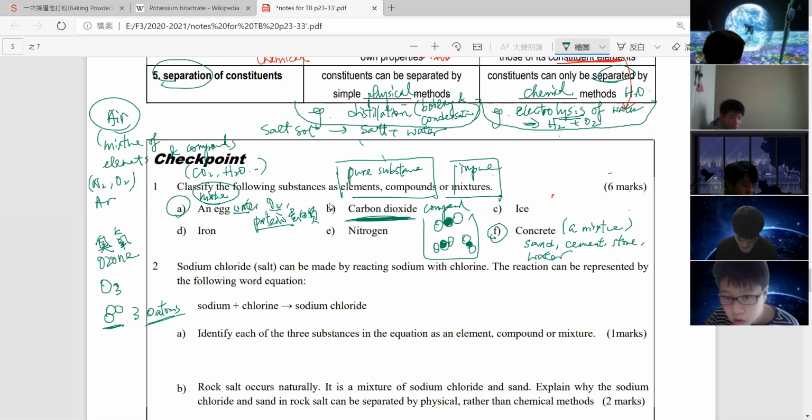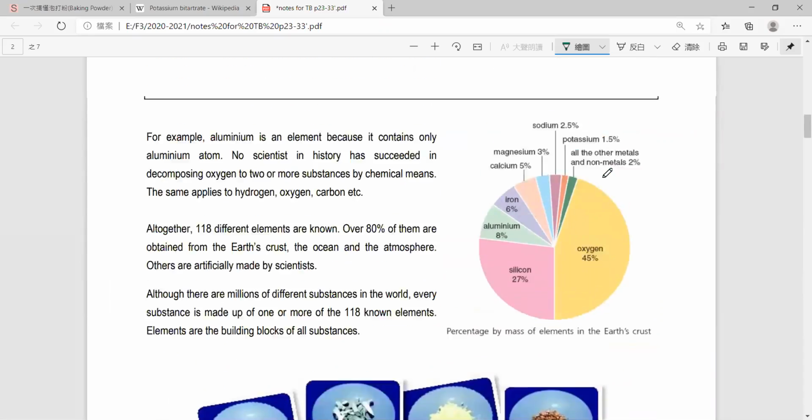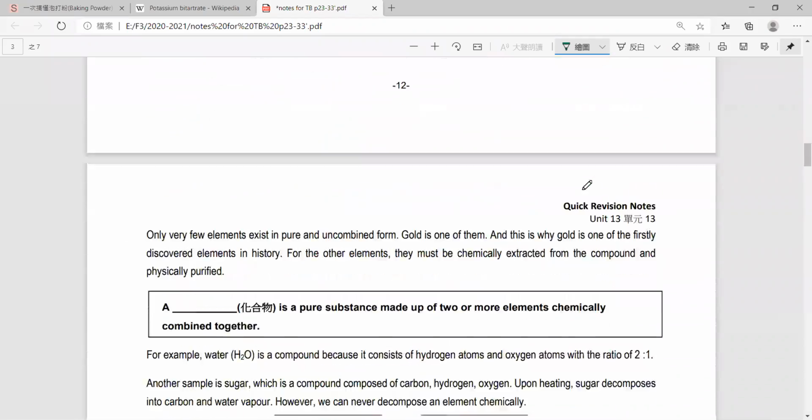While you see the 3 oxygen atoms, are they belonging to the same type? Yes, same type of atom inside that. So it belongs to our classification as element. An element is a pure substance that cannot be split into anything simple by chemical method, or a substance which contains only one kind of atoms. So, according to this definition, ozone, oxygen gas, even though the formula shows 2 and 3,